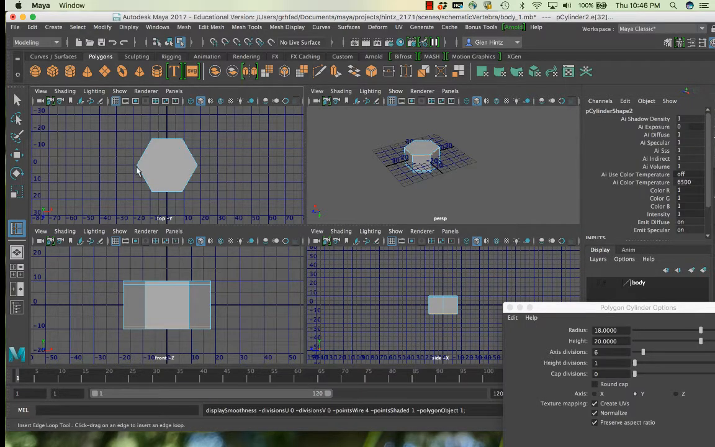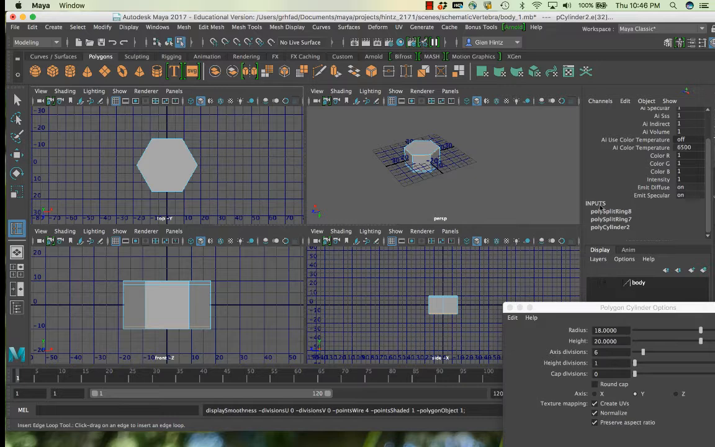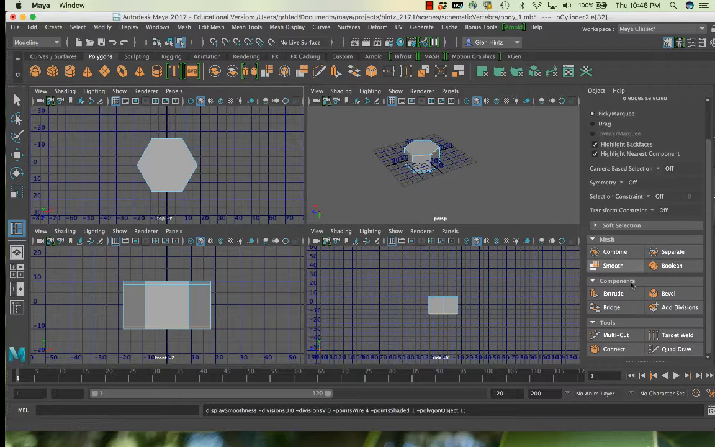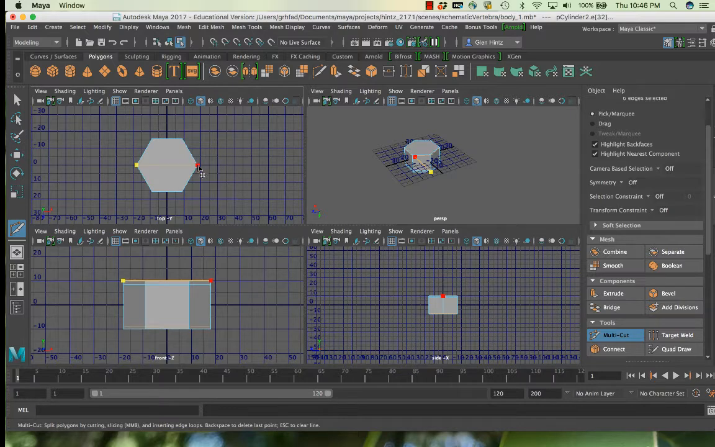Now the next thing I want to do is, we don't want to have a six-sided face. If I had given the cap divisions, what we would have seen is like a pie. It would have cut it up like a pizza. And instead what I want is just one four-sided face on each portion. So what I'm going to do is pick that multi-cut tool and just go right across the middle and connect those two vertices, hit return, and then I've got